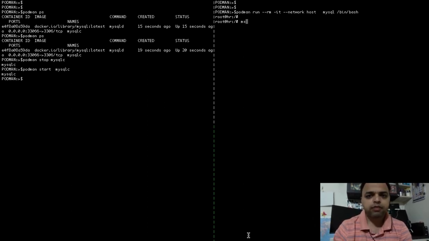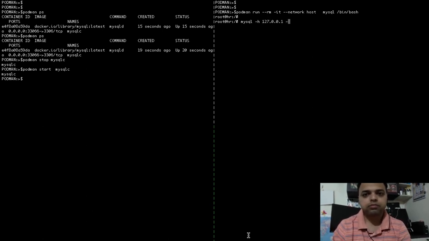So I can run here also the same command MySQL, user host is 127.0.0.1, port is 33066, and connect to the MySQL database. So MySQL password is the,